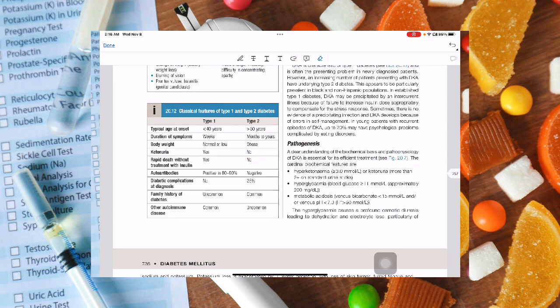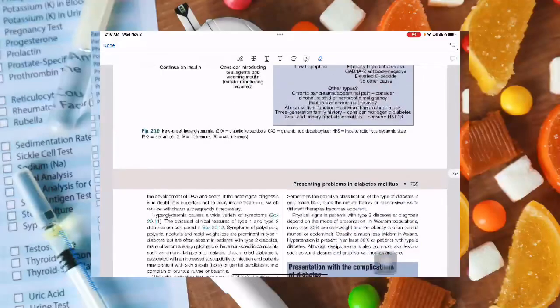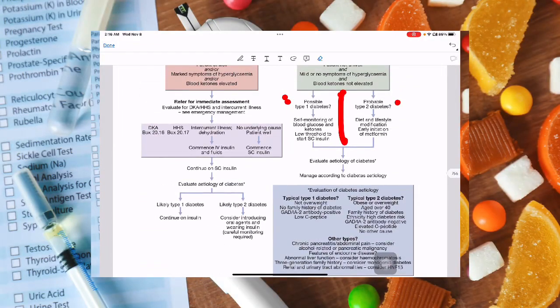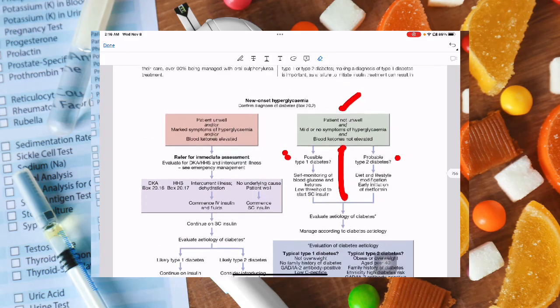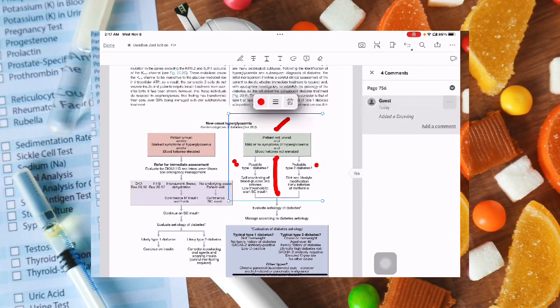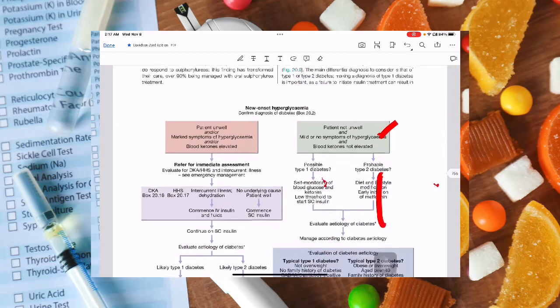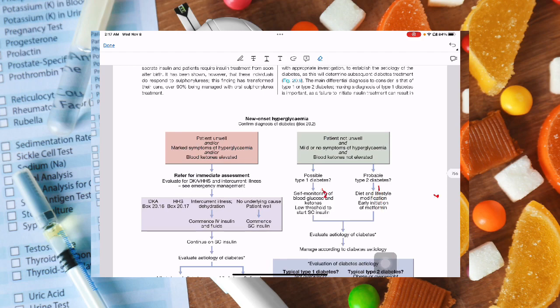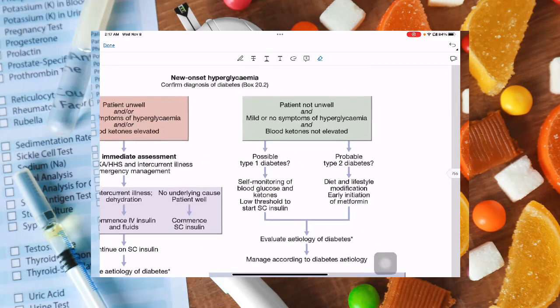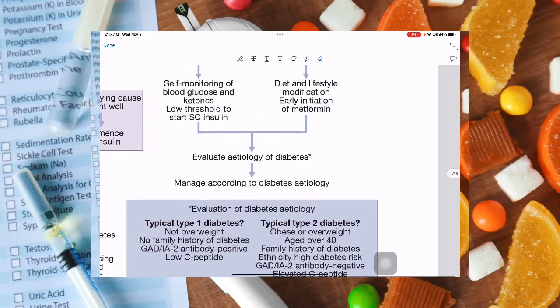So, if we know from this chart, we can very well predict a patient having type 1 or type 2 diabetes mellitus. So if the patient is in this group, we should evaluate the cause of the hyperglycemia,